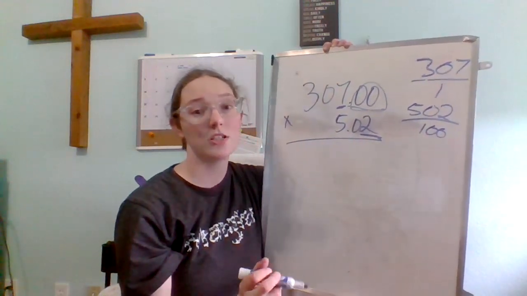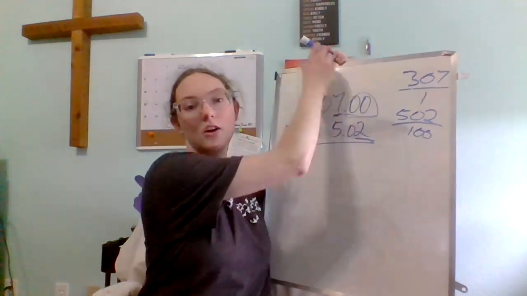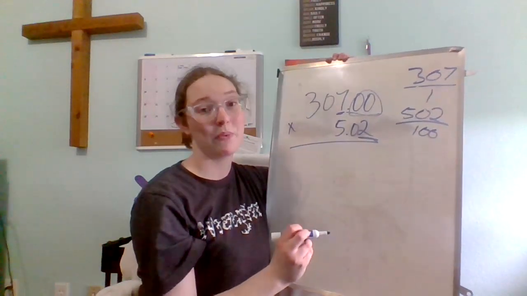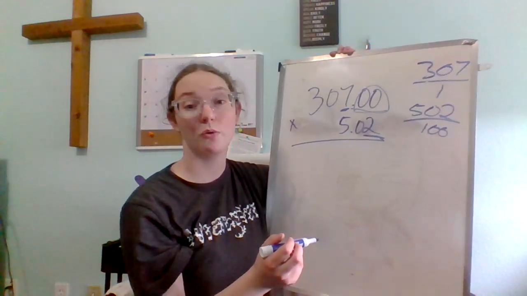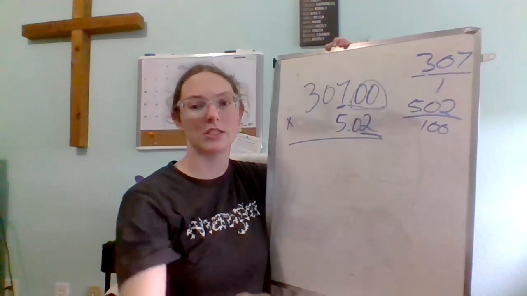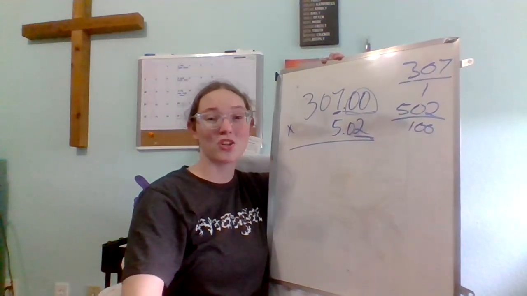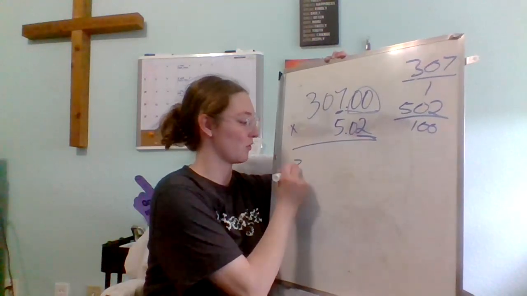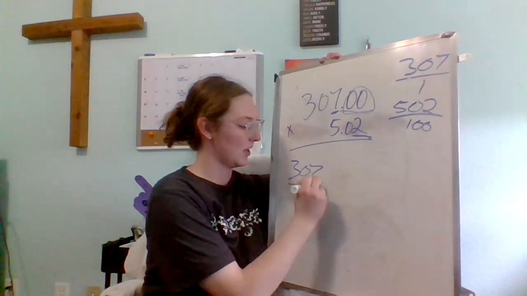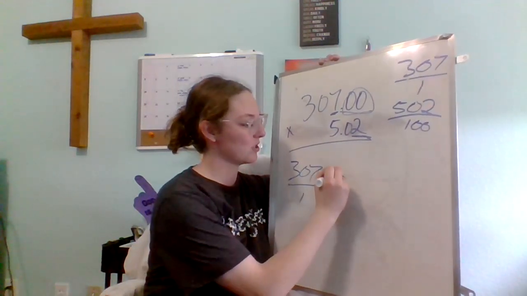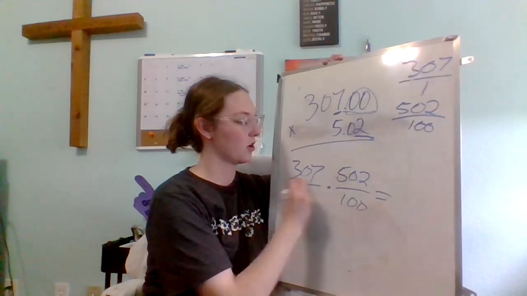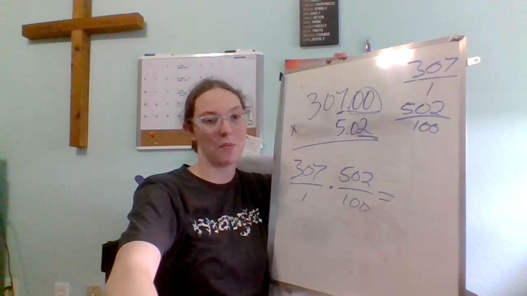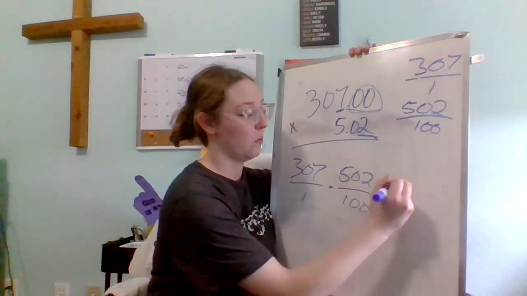Then you would find a common denominator for this problem. The common denominator for this problem would be 100. Correction, you do not find your common denominator. You multiply your 307 over 1 times 502 over 100. And you would multiply across just like you did with the last problem, which would equal